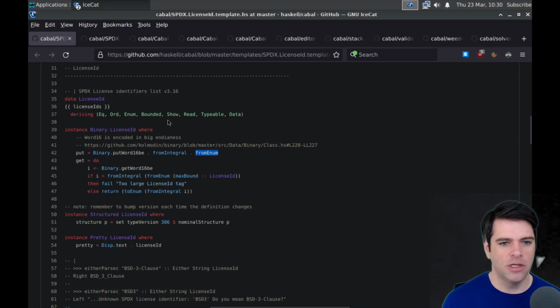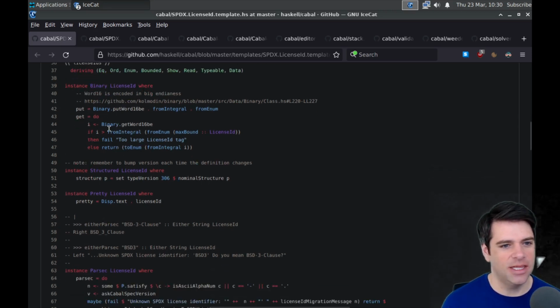So we're going to convert an enum to an integer, and I guess consider it to be a word and write that as put. Word16 is encoded in big endianness. Okay, so it's big endian, I think is what it means. And so we're just taking a license ID, instance Binary, which is an instance of Binary. Okay.